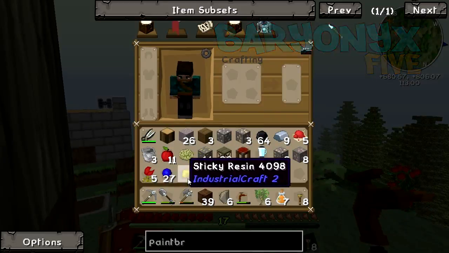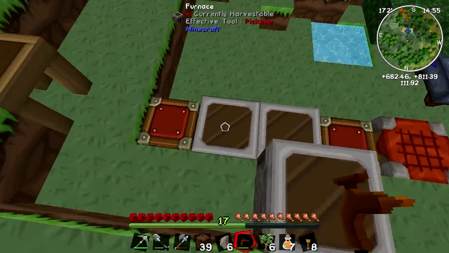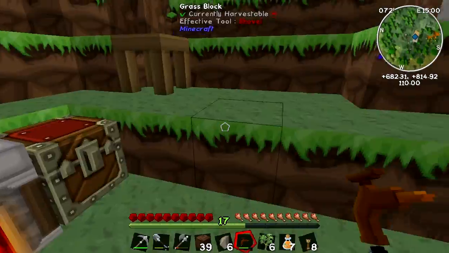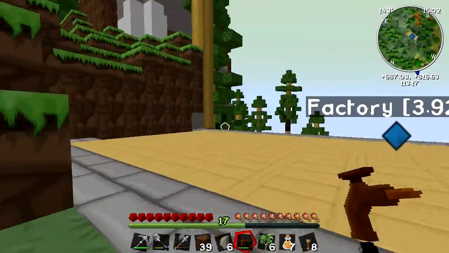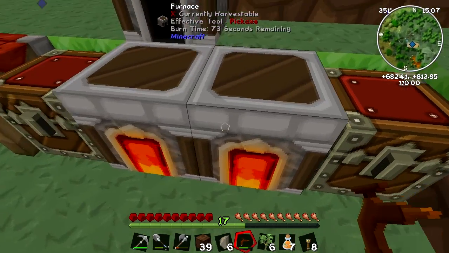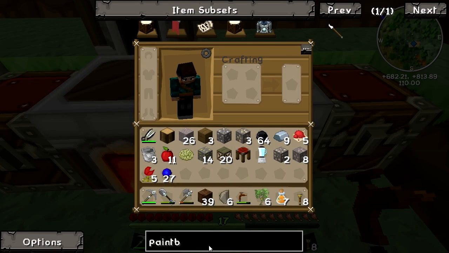Grab a bit more sticky resin, 3 more. Now it's a bit of a waste of charcoal to keep doing this, but I don't really care. I'm not too low on it just at the minute. So what I need to make for my macerator